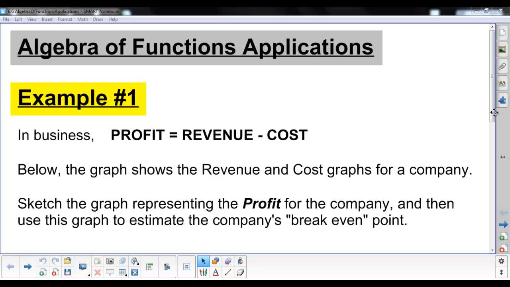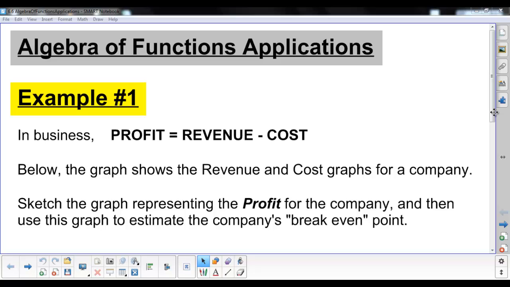So today we're going to look at several different applications of the types of functions we've been considering over the last week or so. We've looked at sum and difference of functions, product and quotient of functions. We've also done composition of functions. So those types of scenarios are going to be worked into a few of the examples we're going to consider